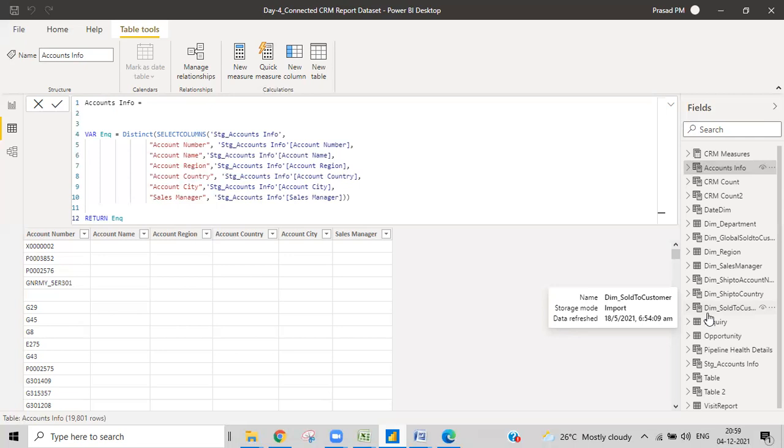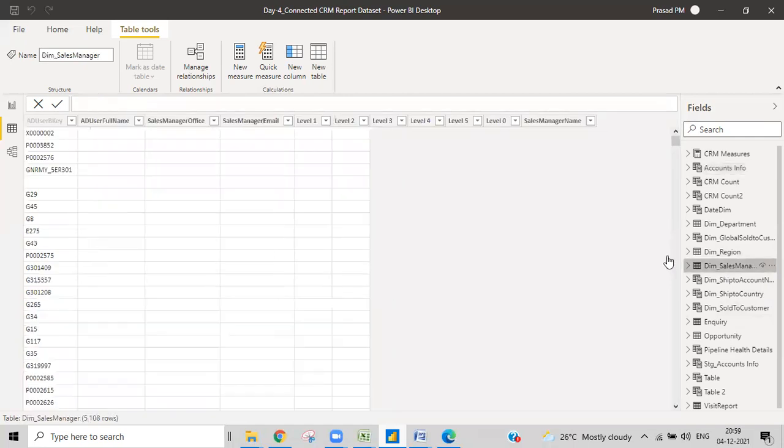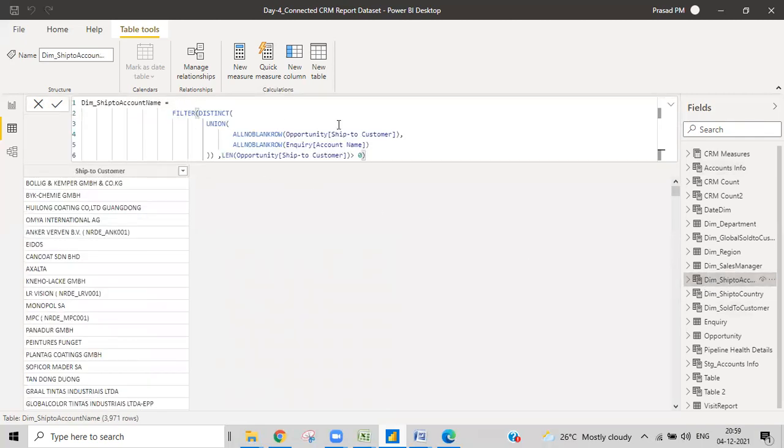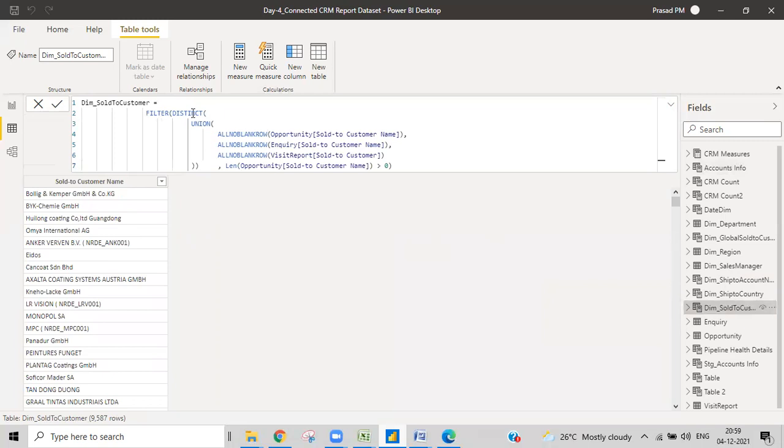So in this case, if I create a table from the sales manager, let's go with this one. I created this dim sold to customer kind of bridge table, and I have taken from this column of this table, this column of this table, and this column of this table.